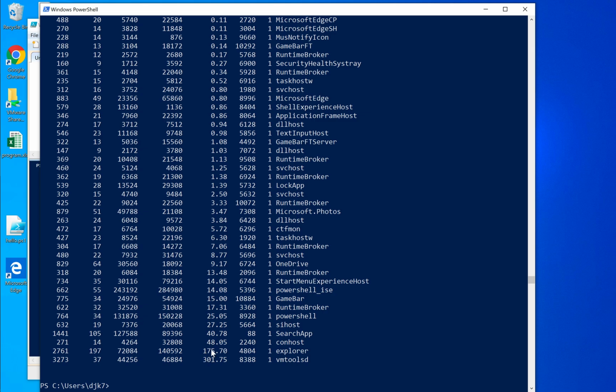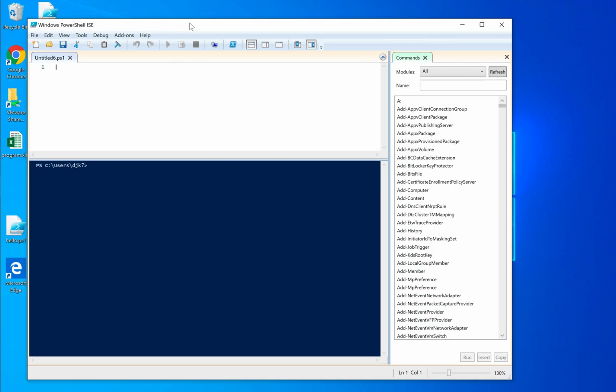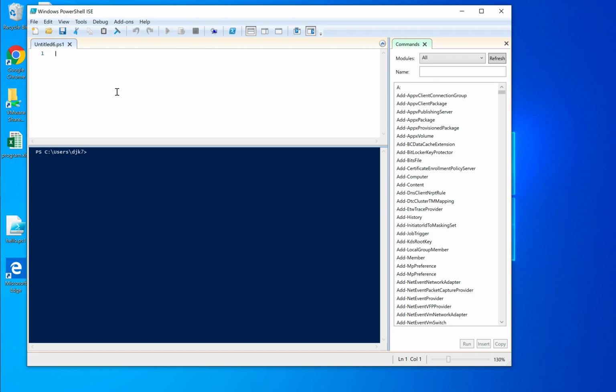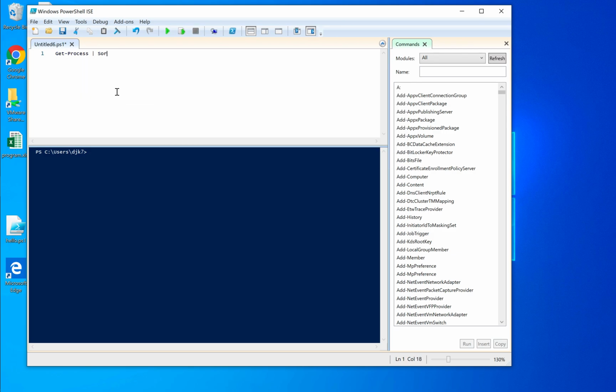All right, and I'm just going to change gears here midstream, and I'm going to stop using this window, and instead go over to this PowerShell ISE window. That'll allow my commands to stay on screen a little bit longer, so I'll minimize the other thing, and let's start typing in here. All right, so we did get process sort